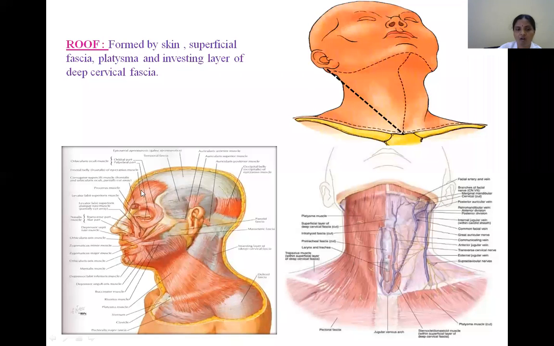What is that persistent panniculus carnosus? On the face, all the facial muscles represent the remnants of the panniculus, and moreover, this platysma muscle also. Even this platysma muscle is a facial muscle only. It migrates downwards for functional purposes, right? How can you tell this is a facial muscle? Because of its nerve supply. The platysma is supplied by the cervical branch of the facial nerve. All the muscles of facial expression are supplied by the facial nerve, including this platysma. So this facial muscle migrates downwards towards the neck region, right?